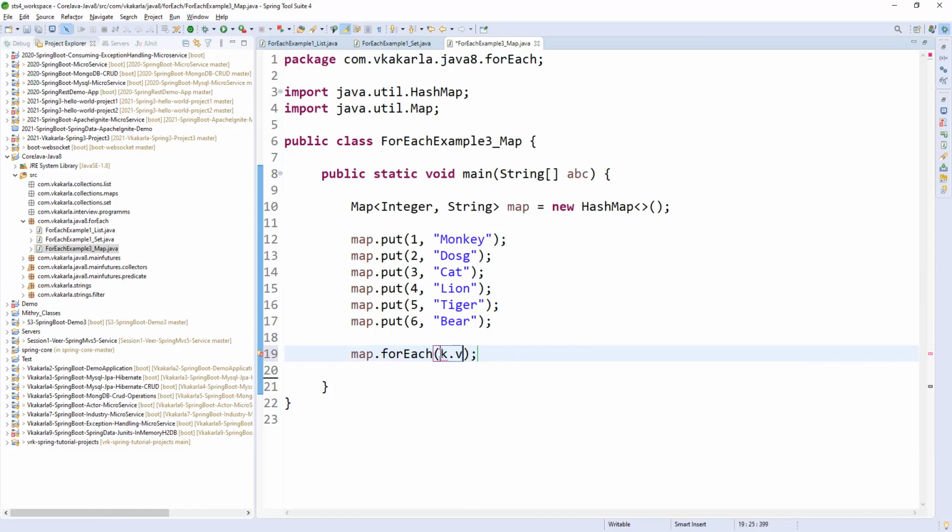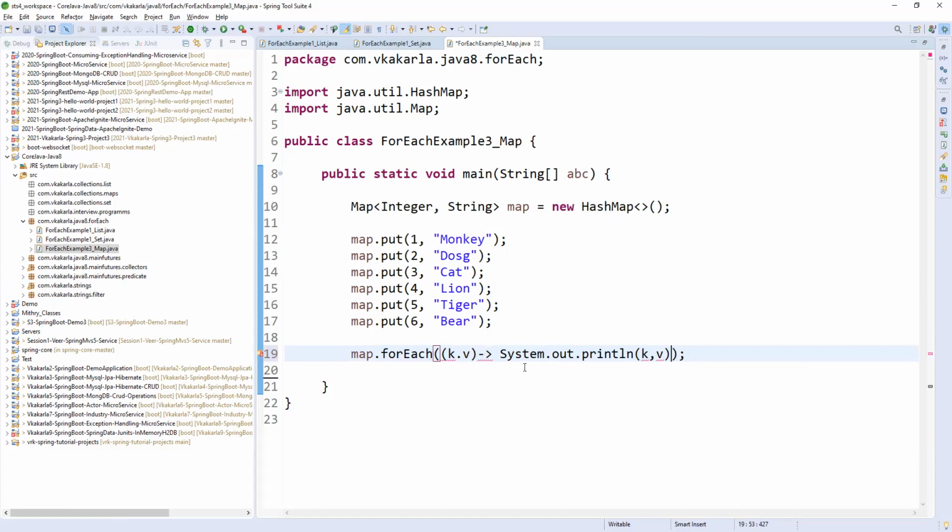So after key comma value, so what is after key comma value? Just I'm grouping key comma value. Sorry, key comma value, and you know, right? Lambda expression. So in the sys out we can provide key comma value.